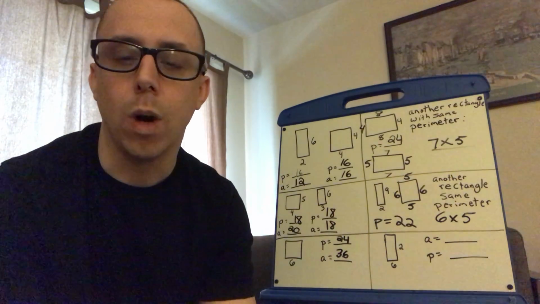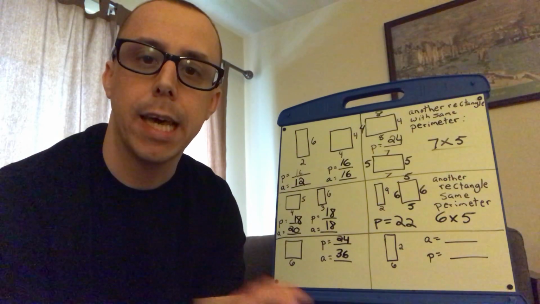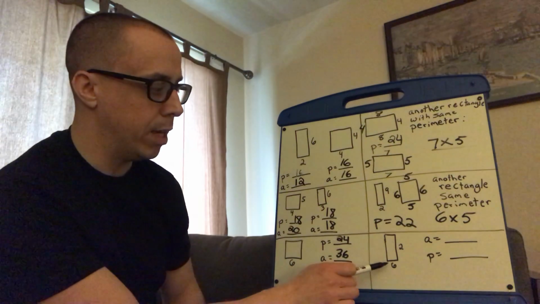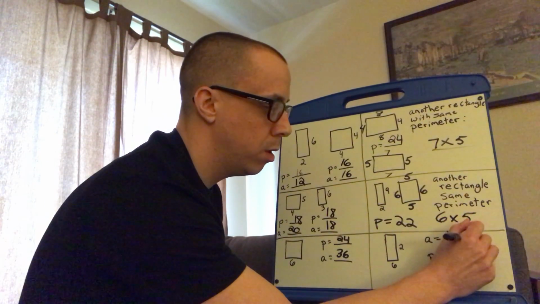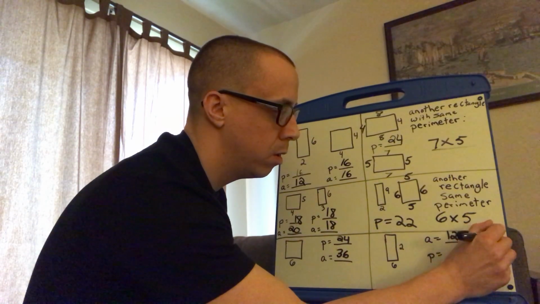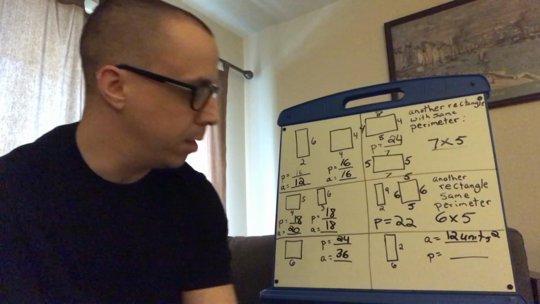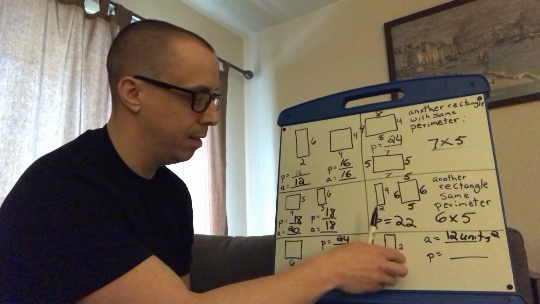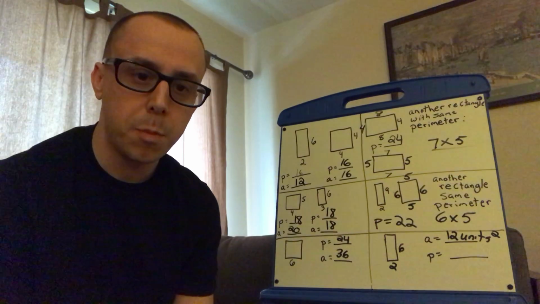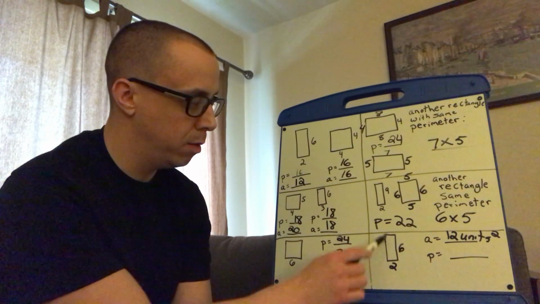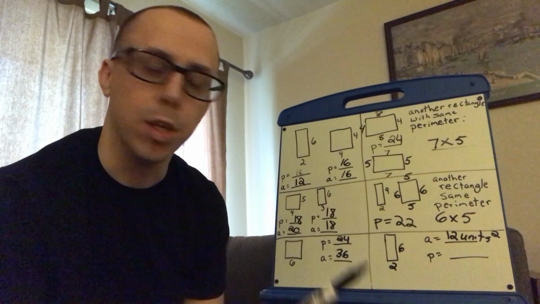Okay, finally, I just wanted to do one last review problem. To find the area of a rectangle, remember, you multiply the length times the width. So to find the area of this shape, you would do 6 times 2. That's 12. Remember, units squared. To find the perimeter of this shape, I'm going to add all four sides. So it's, oops, this should be 6 and 2. Okay, now to add all four, we get 12 plus 4, that's 16, or 8 and double it, 16,